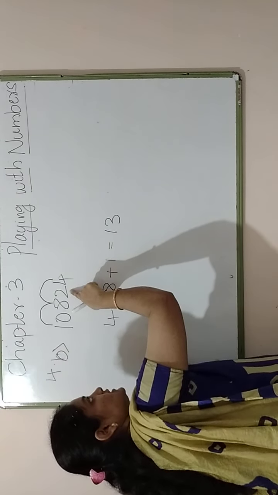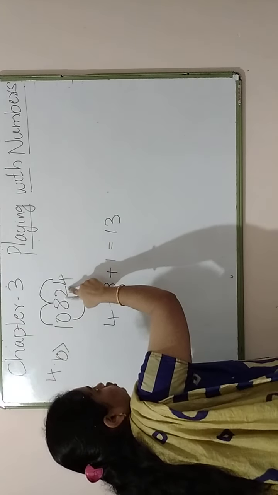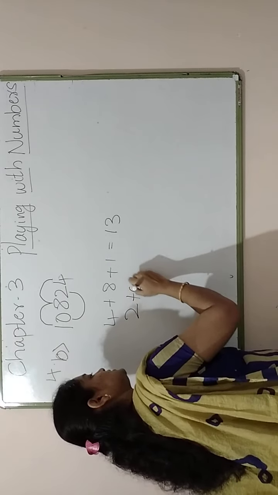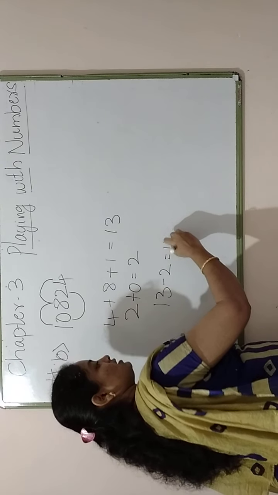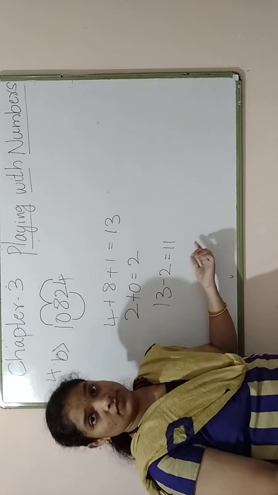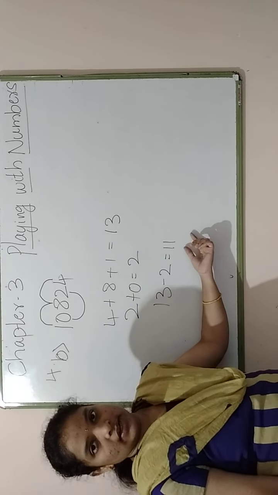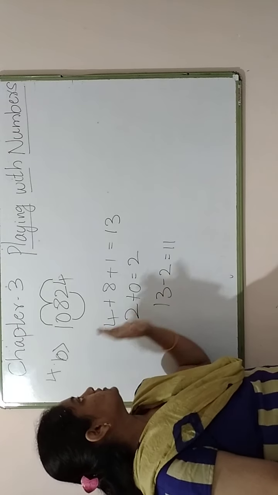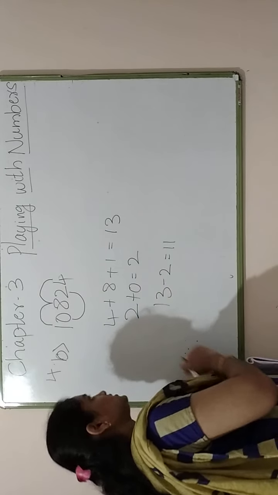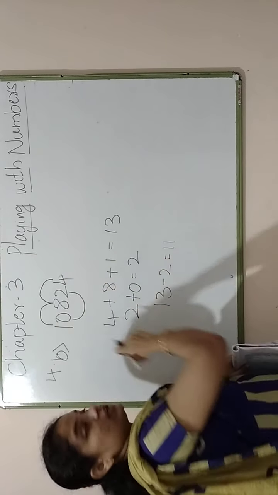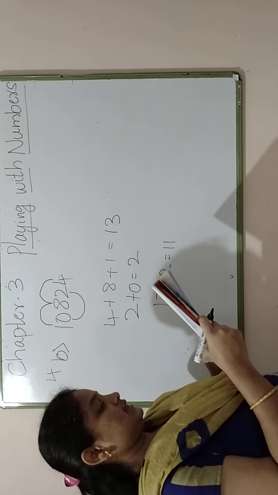Okay. Now the sum of the digits at the even places, that is the second place as well as the fourth place, that is 2 plus 0, which is equal to 2. So now 13 minus 2 is equal to 11. So when the difference is 11 or a multiple of 11 or a 0, this number can be easily divisible by 11. So we have to write the conclusion. The number 10,824 is divisible by 11. Okay. So next one, C, that is 4335.